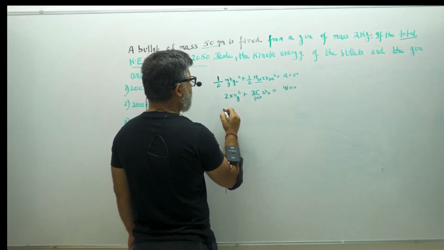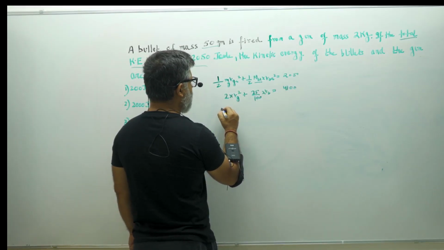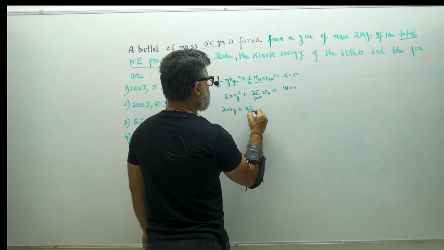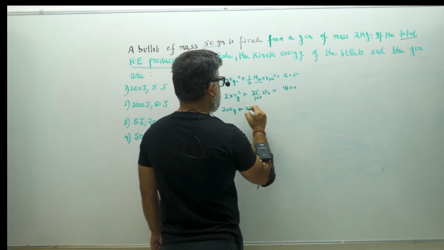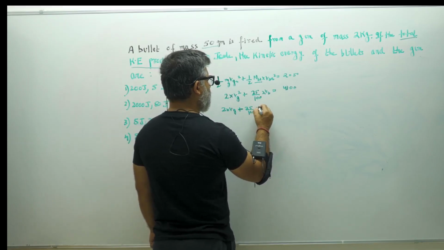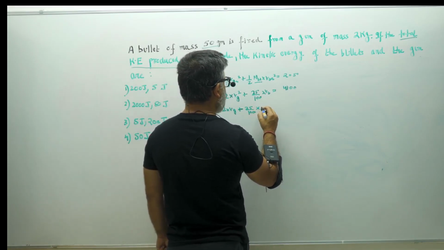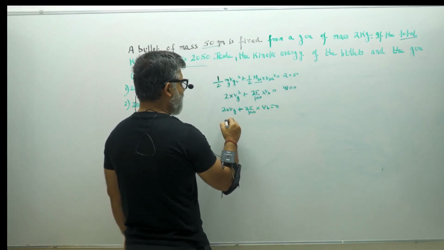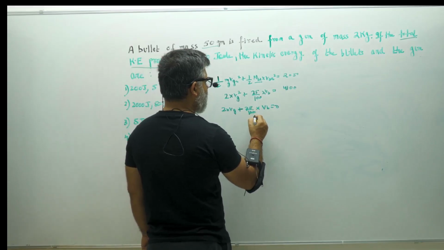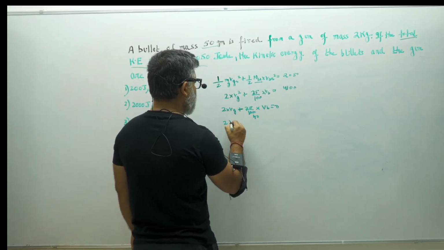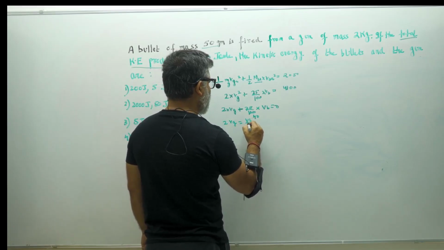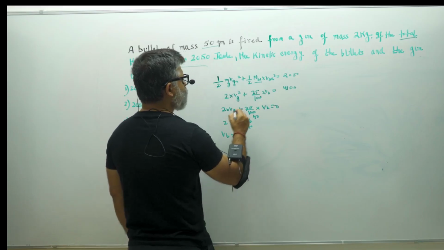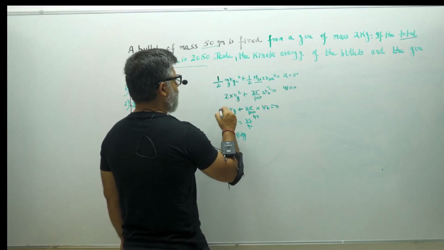And then the momentum equation tells me that the mass of the gun, 2, into v gun plus 25 by 1000, minus 25 by 1000, into the velocity of the bullet, we don't know that, is equal to 0. So if we solve this, what we will get is, this is 25 and 40. So 2Vg is equal to Vb by 40 and Vb is equal to 80 Vg, which is what we need to substitute here, in this particular equation.